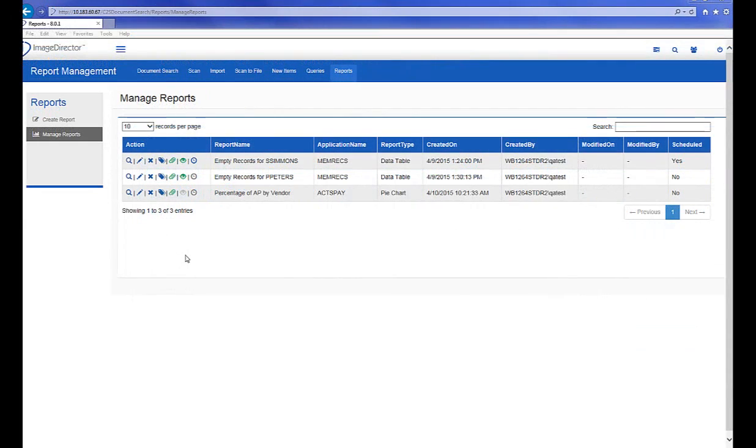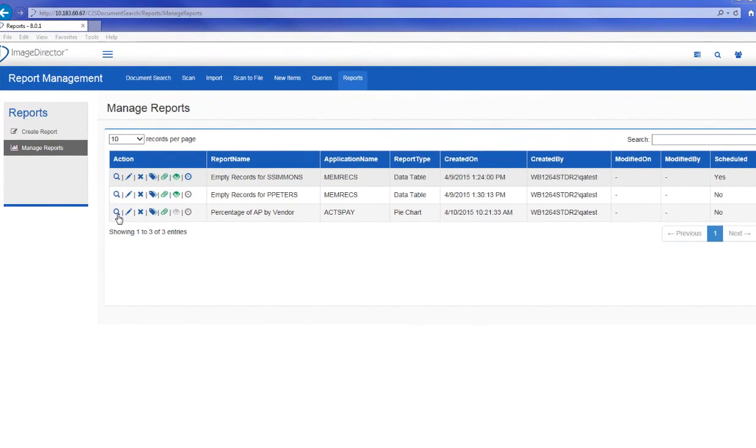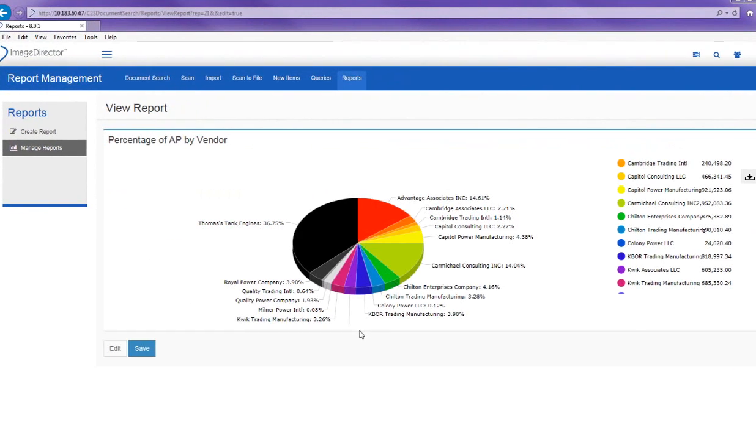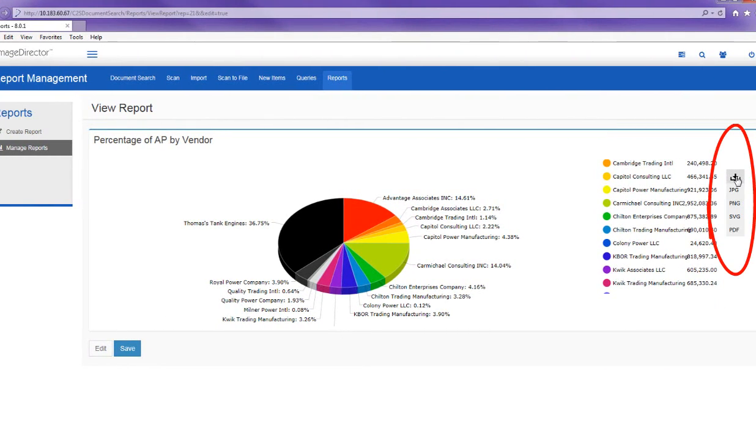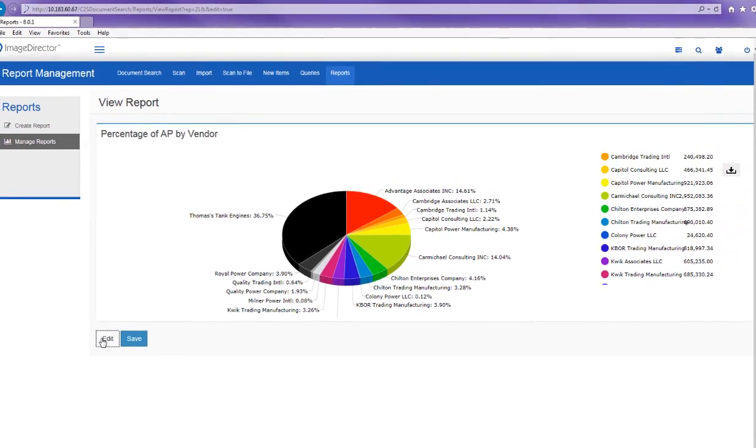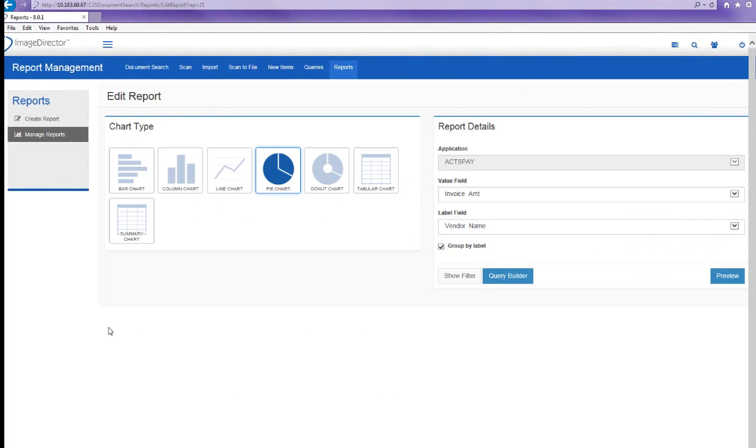Another popular way to use the report module is in accounting. This shows the percentage of AP dollars by vendor for last month. You can download the chart as an image for use outside of ImageDirector. That was an example of a pie chart. All of the chart types are discussed in detail in the updated user guide that is distributed with the upgrade